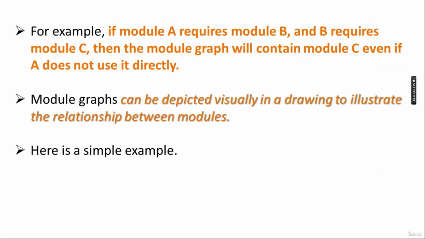If module A requires module B and B requires module C, then the module graph will contain module C even if A does not use it directly. So that you will understand that A is also dependent upon module C. Module graphs, like a transitive dependency we have seen. Module graphs can be depicted visually in a drawing, a graphical representation to illustrate the relationship